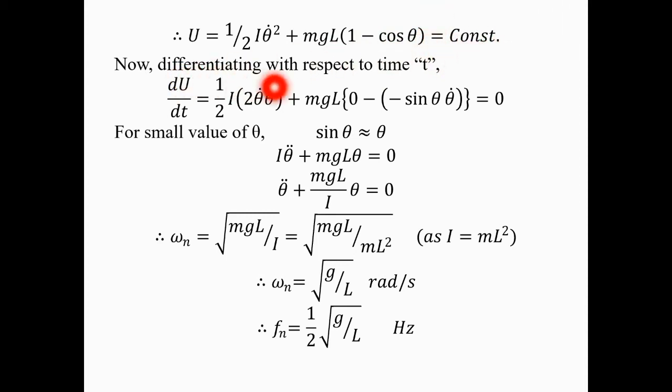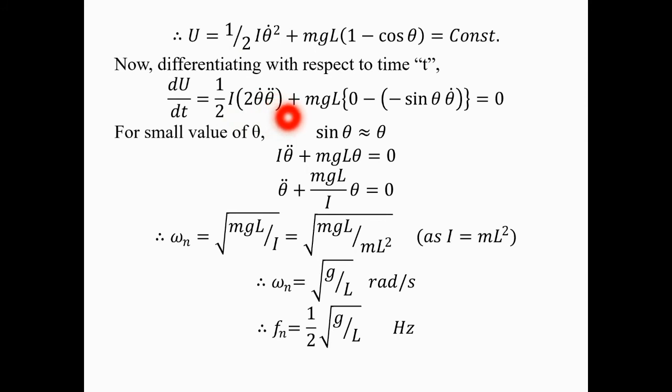So by taking the first order differential with respect to time, we get dU by dt is equal to 1/2 I, that is constant. Now the differentiation of theta dot square would be equal to twice theta dot into the differentiation of theta dot, that is theta double dot. So ultimately the differentiation of theta dot square is twice theta dot into theta double dot,